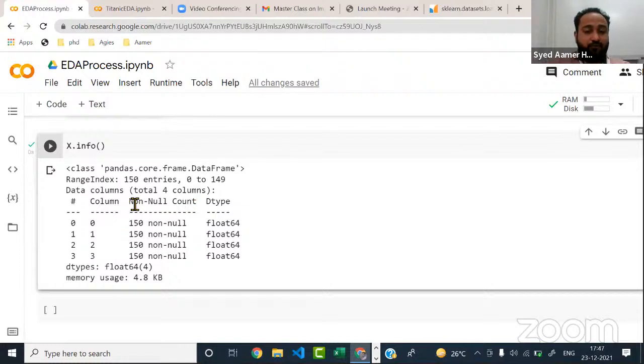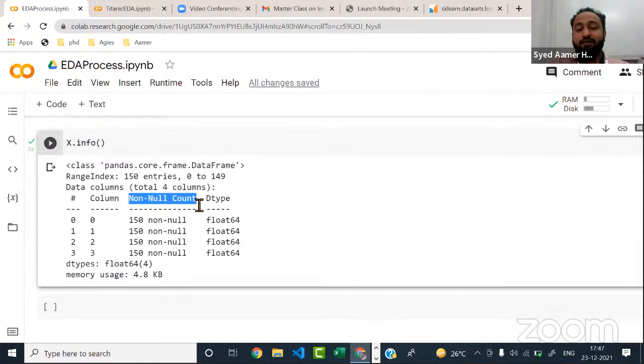Okay, now non-null count is the meaning of it. How many values from 150 values are not null values? Out of 0 to 149, clearly a total of 150 values are there. In the first column, for example, if there are two values which are null, meaning the data is not present for them, then the count will be 148 non-null values, right? And from this you can simply understand how many null values you have: two null values.